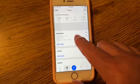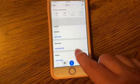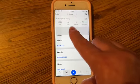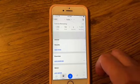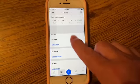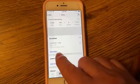It has breakfast, it has lunch, dinner, snacks, exercise, water, everything's in there, and it simply counts down on top until you get to, well, 0, sometimes more than 0. I've gone below 0, and it just keeps track of it. And if I'm trying to add something onto breakfast, I'm going to add food,